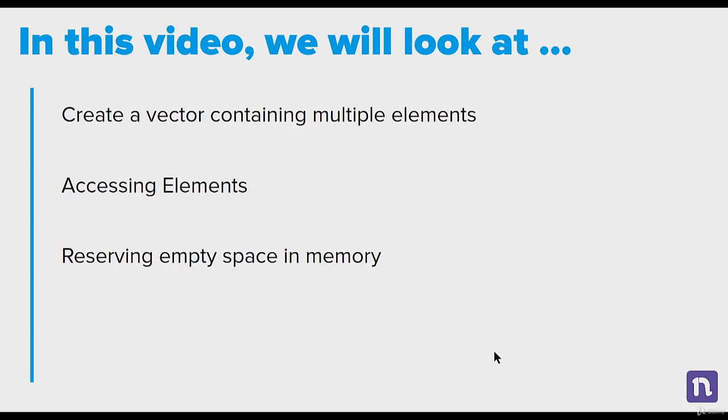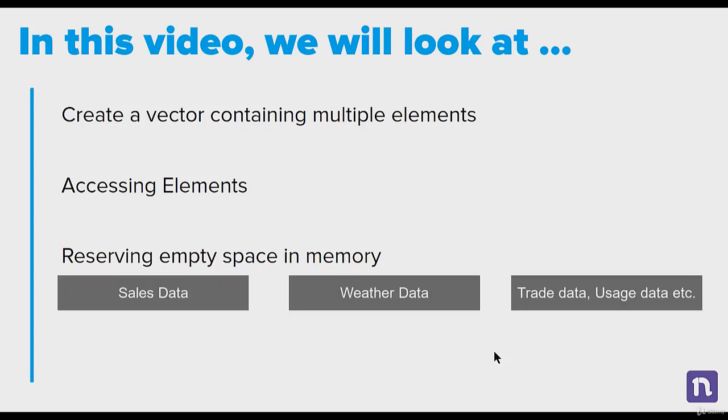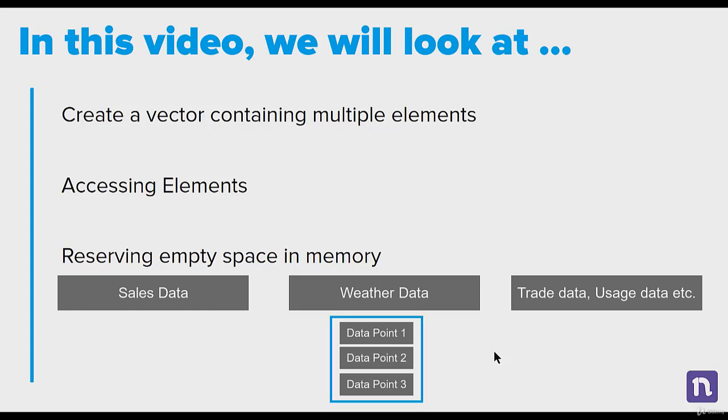In this video, I'm going to show how to create a vector that contains more than one element and concepts related to that. But why learn about vectors in the first place? The reason is, in most real world data, such as the sales data, weather data, or any other data that you could think of, the data points do not occur individually. All of them are related to each other, and therefore the need is there to store them in one single